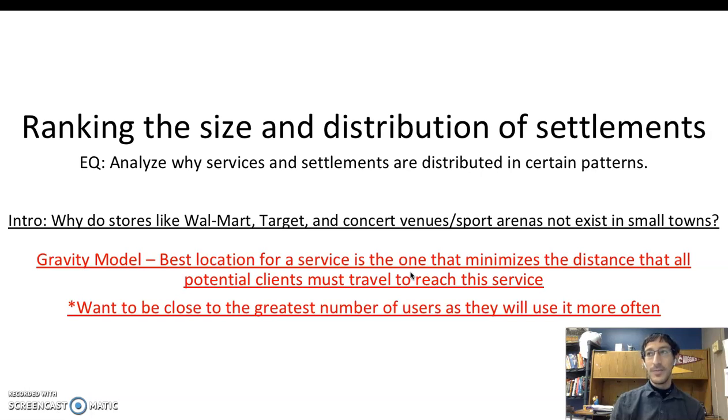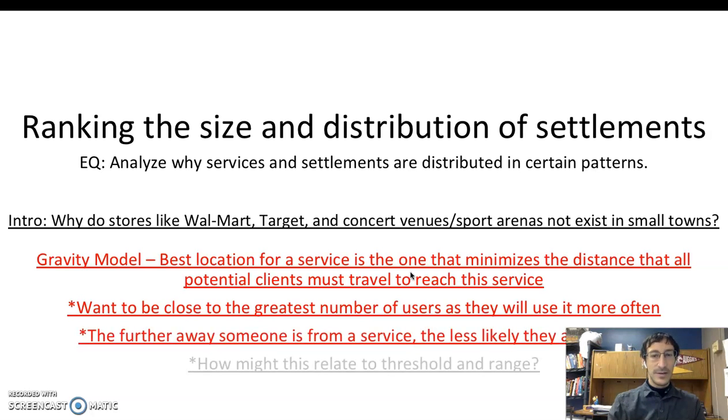Just like, going with the idea of professional sports, if I'm setting up a professional sports team in, let's say, Willmar, Minnesota, Willmar has about 20,000 people, but it is, I think, an hour and a half to 2 hours west of the Twin Cities. It's nowhere near any major towns other than Willmar. St. Cloud is an hour and a half to 2 hours away. Mankato, kind of the same thing. That doesn't seem really convenient because people have to drive further and further out. Great for the small town, but not great for the rest of it. So you want to be closest to the greatest number of users of the service, because the further away you are from something, the less likely you are to use it.